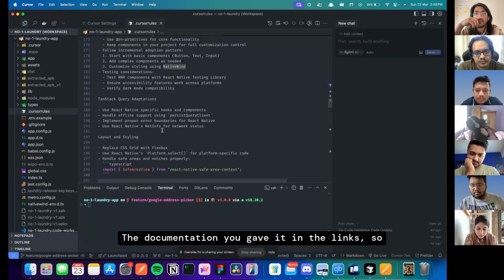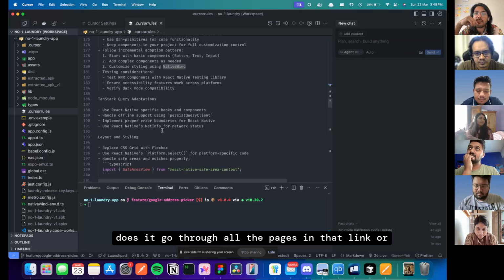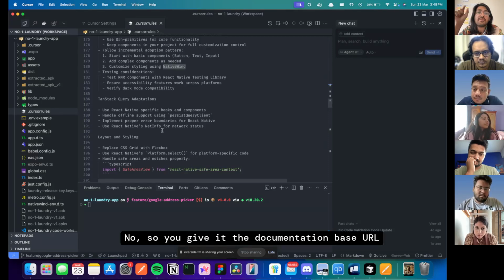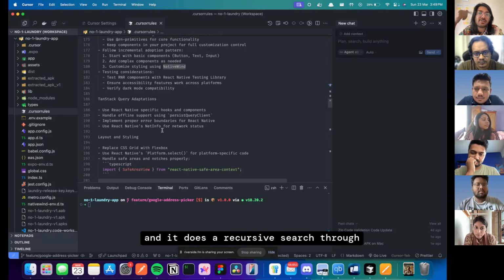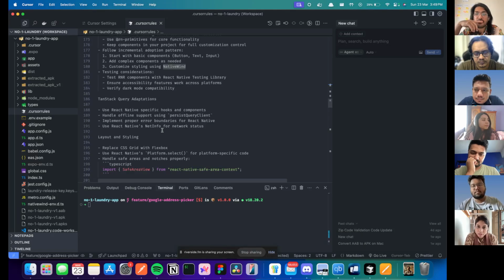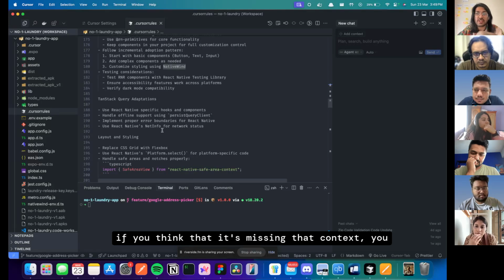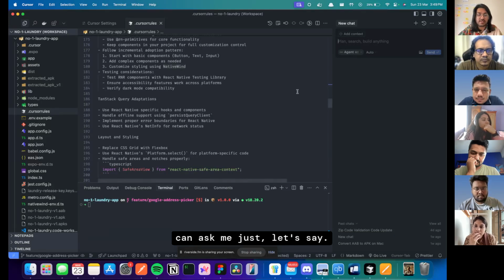The documentation you gave it in the links, does it go through all the pages in that link or just that specific page? No, you give it the documentation base URL, and it does a recursive search through everything. Okay, got it. And then sometimes, if you think that it's missing that context, you can actually just, let's say